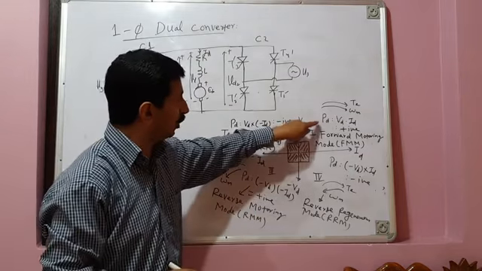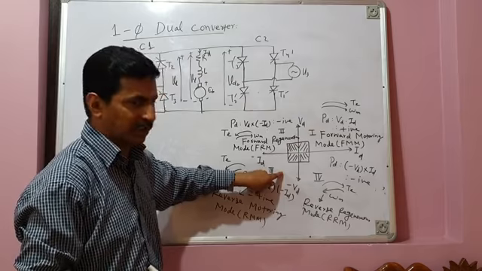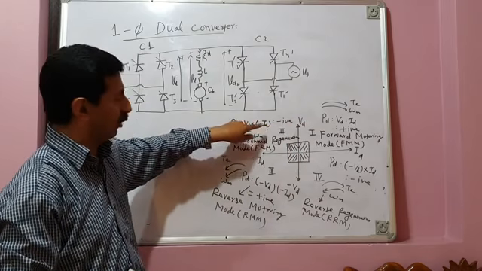But in order to go from forward motoring mode to reverse motoring mode, you have to go through quadrant 2. You have to go through reverse